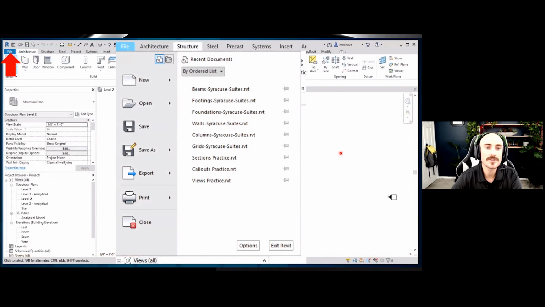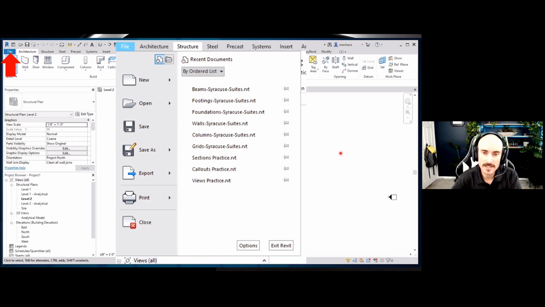Next, what we're going to be talking about is our file tab. Our file tab allows us to say new. Maybe we're going to open a new project, or we're going to click open or save, maybe save as, or export out to a DWG. Maybe we're taking this transition from AutoCAD to Revit. We're not going to go back into the AutoCAD environment, but we still need to export out DWGs. We do have that ability in Revit.